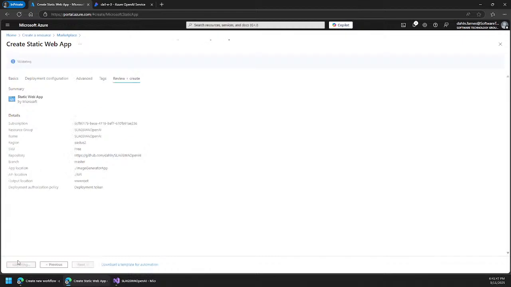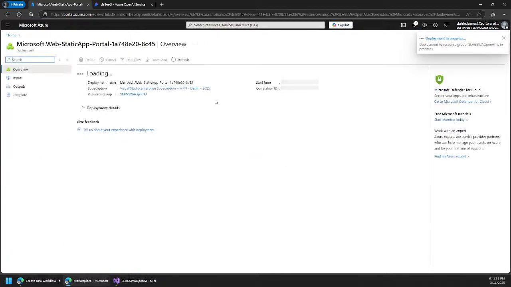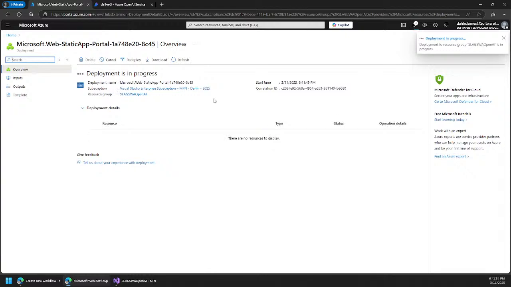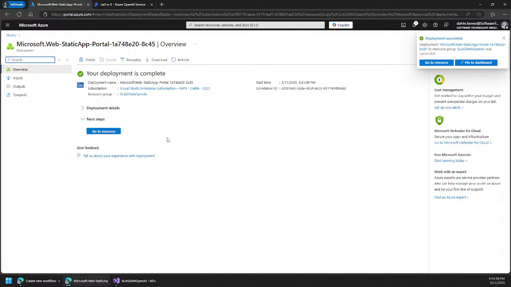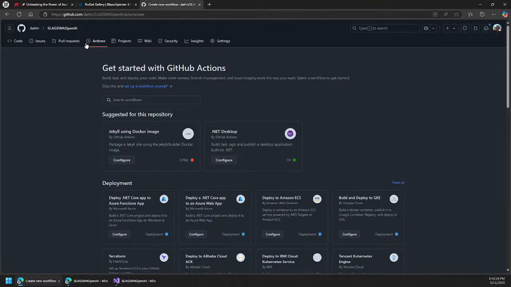And we're just going to create that. And then it does a couple cool things here. It's going to do this deployment real quick, which only takes a moment to run. You can see it created our static web app really fast. And we're going to explore this in depth while the application builds. But before we dive into this, one thing I want to show is that by creating the static web app and associating it with the project out on GitHub, it has created our YAML